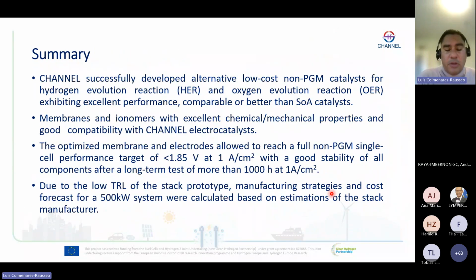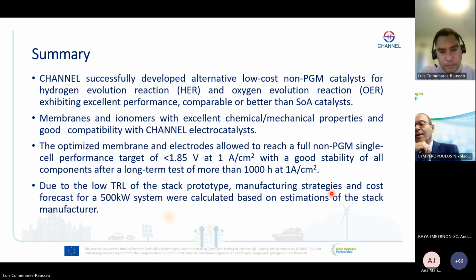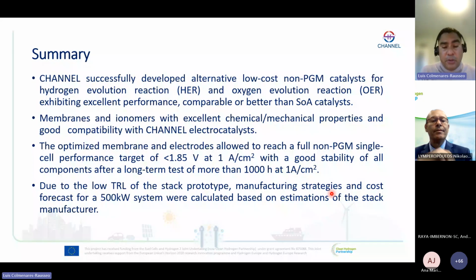Summarizing, we are also proud that we achieved a high-performing electrocatalyst that we would like to investigate further and to implement in more optimal stacked systems. We learned or established some background related to the membrane and ionomer characteristics and properties. Even so, we need to go to a deeper understanding of those characteristics in operando. We were able to optimize our catalyst layer manufacturing and integration of the catalyst in the single cell, achieving the requested target that you see here,